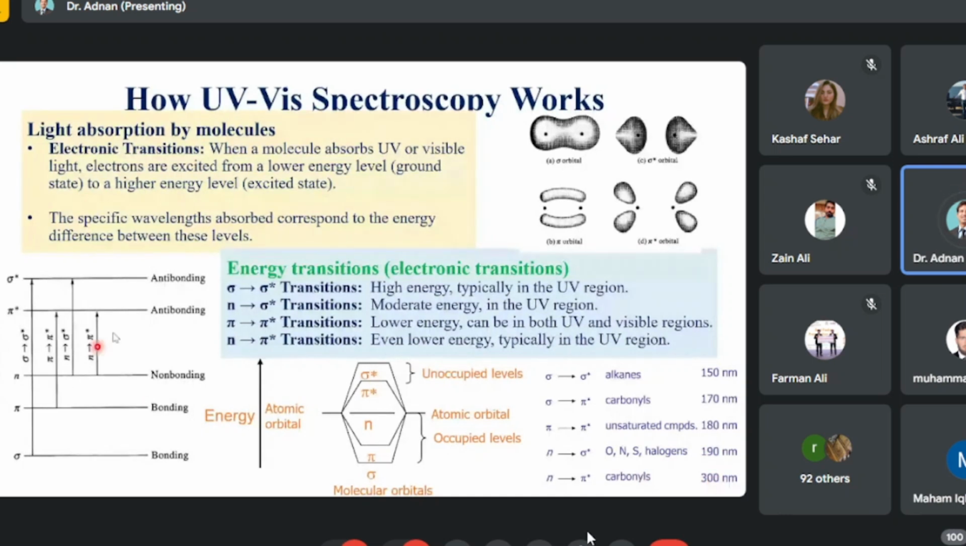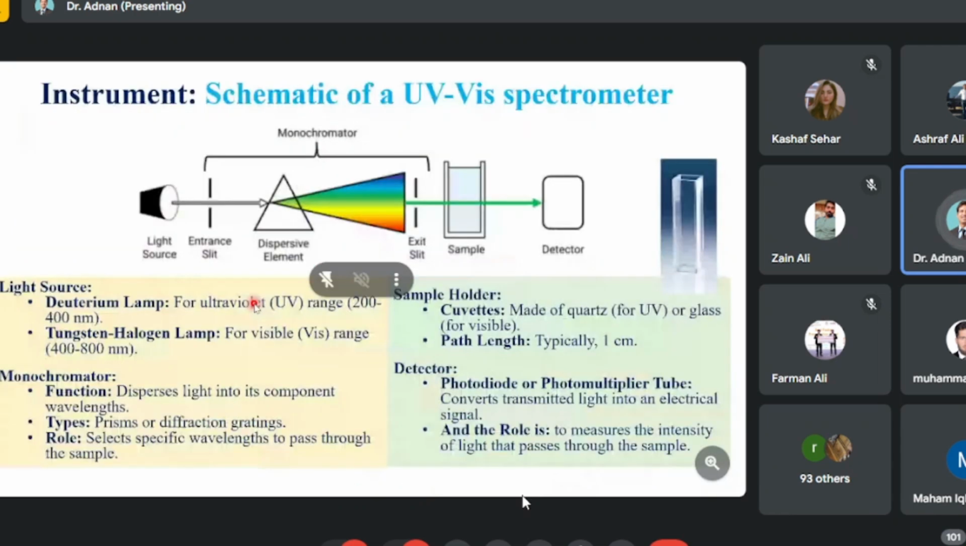I have also given the energy difference between all these transitions, among which these four are the common ones. Then I have to introduce what a spectrophotometer is. So this is the schematic diagram of the spectrophotometer. The first component